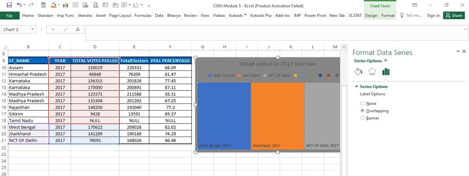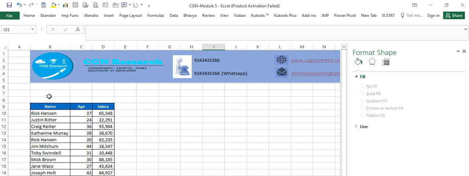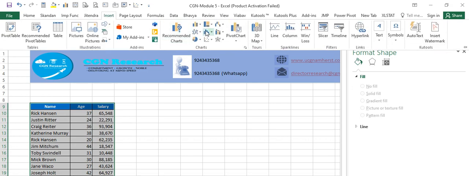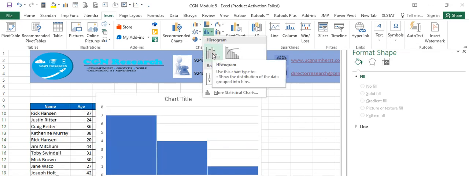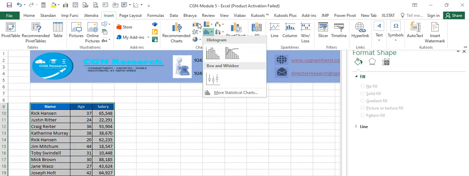So if I want to do a histogram, for example, I will just select these columns. I will insert the histogram here for this chart. This is the histogram. So what does the histogram essentially do, unlike the bar chart? Bar chart and the column chart, it will take the data, and for that year, what is the value, or the number of votes that have happened in that case? That is what it is going to display in the column chart and the bar chart.